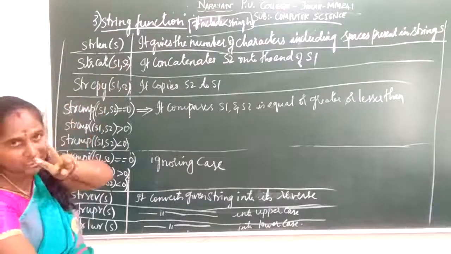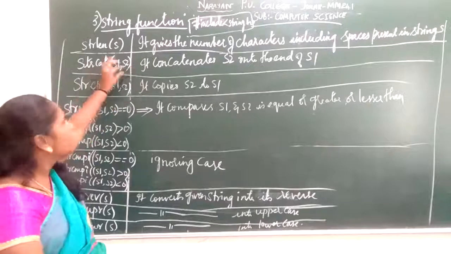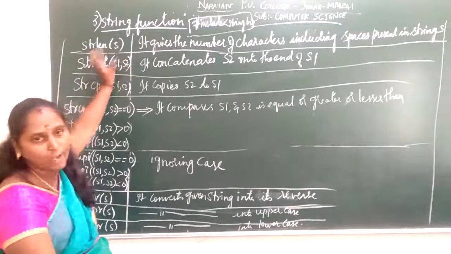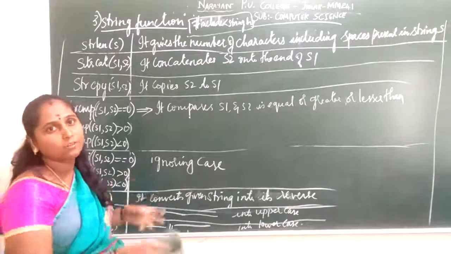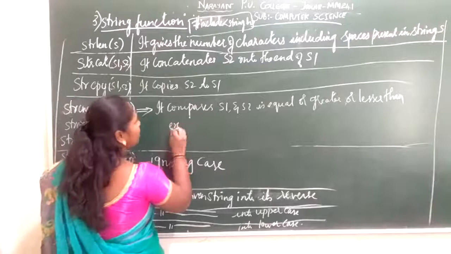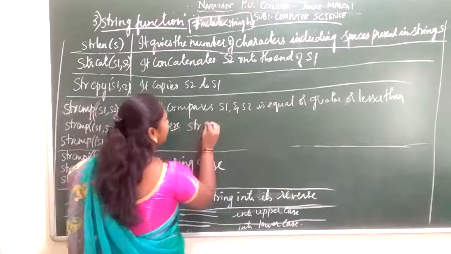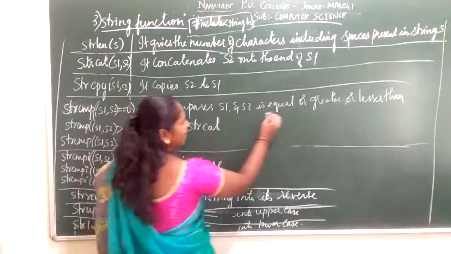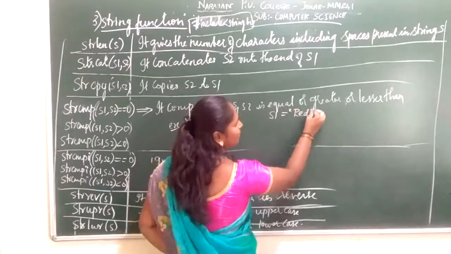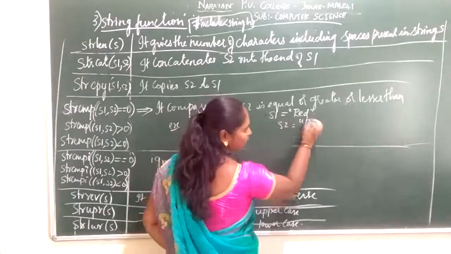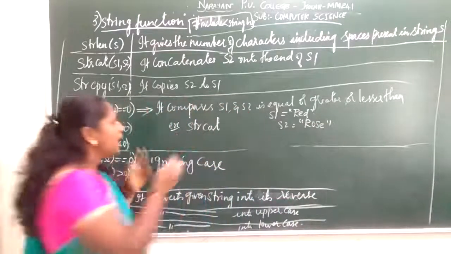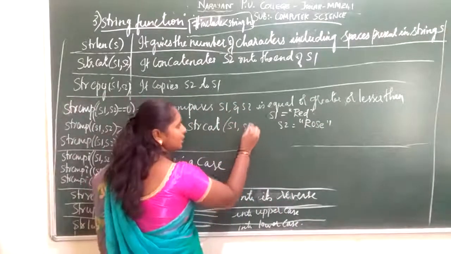They are taking two strings, S1 and S2. To the end of S1, I am going to concatenate S2. I am going to append, I am going to join S2 to the end of the string S1. What does it tell us? For example, consider strcat. My S1 string is red, and my S2 string is rows. So I want to join, concatenate these two, I have used S1 comma S2.